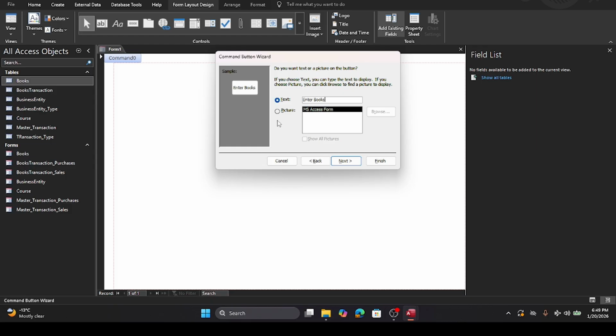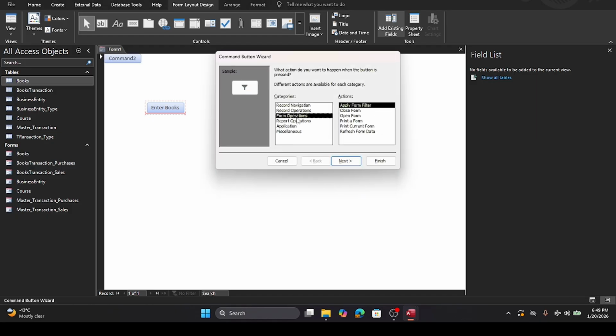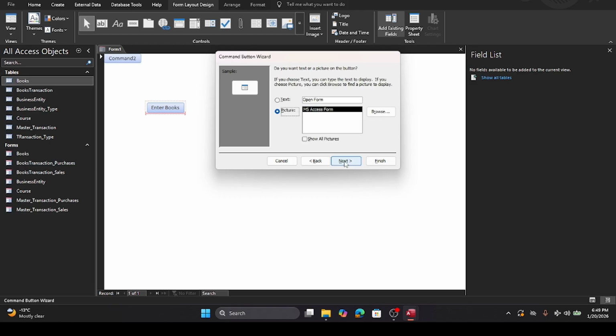So that form will open a books form, enter books, and then we can add another button, form operation, open form, enter entity,